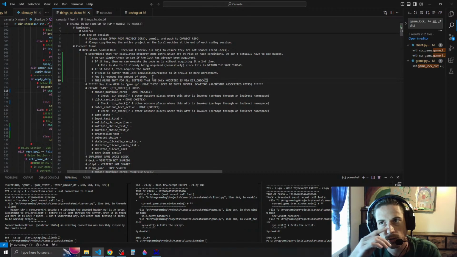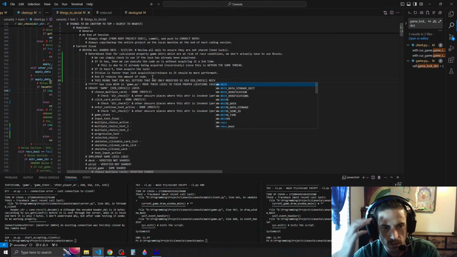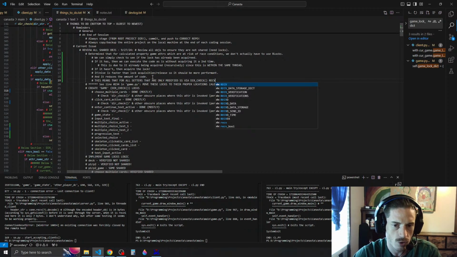They're not modified on send. When we send them, they're just checked. So if we say, this means that for all setters that are only modified server-side via dir check receive section,